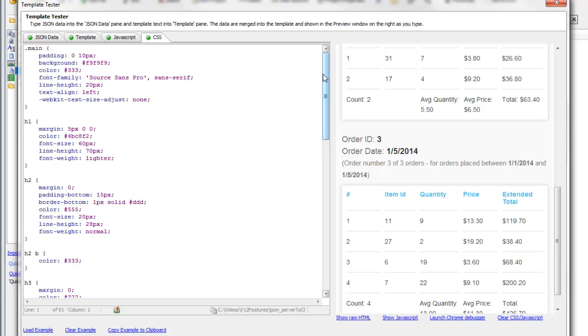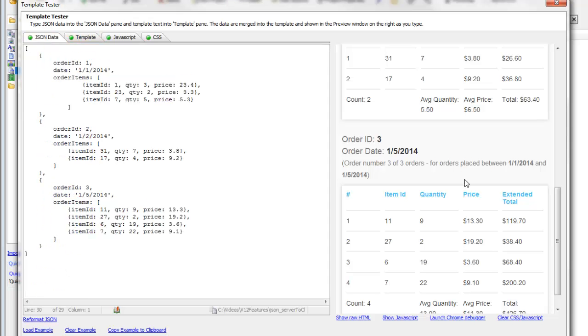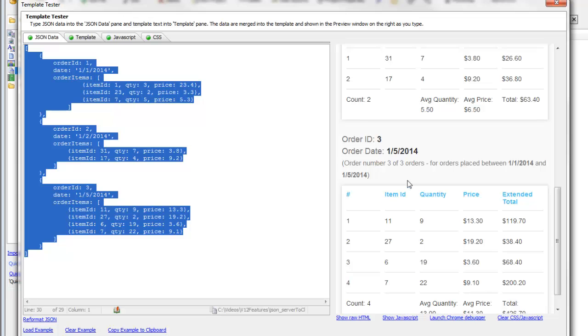So what we're going to do now is take the simple example that we built right now, and expand that so that it actually gets this data from the callback and then generates this nice looking HTML report on the client side. So let's start out by simply copying this JSON data to the clipboard, and then we'll